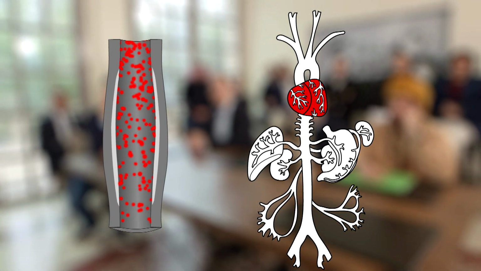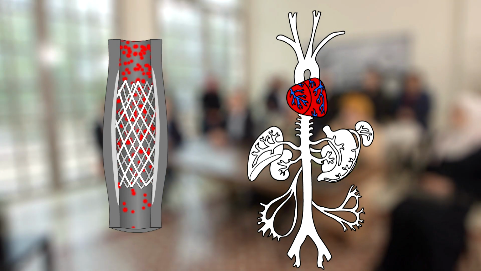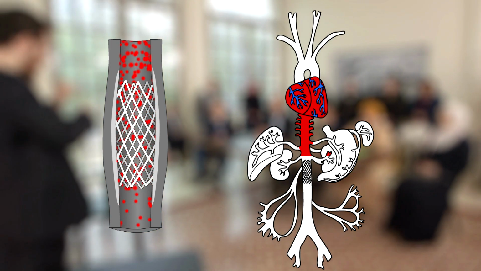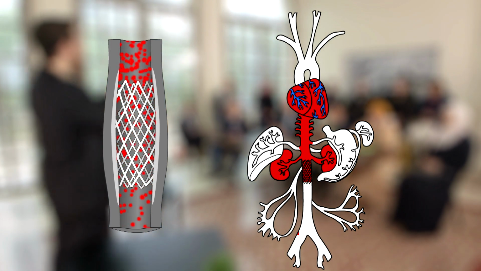So for example, the aortic stent is placed in the aorta below the kidney branches, and it's constricted. It's like an hourglass. So when the blood flow comes down, because it's constricted, there's a back pressure that results. And when there is a back pressure, it goes to the kidney branches.